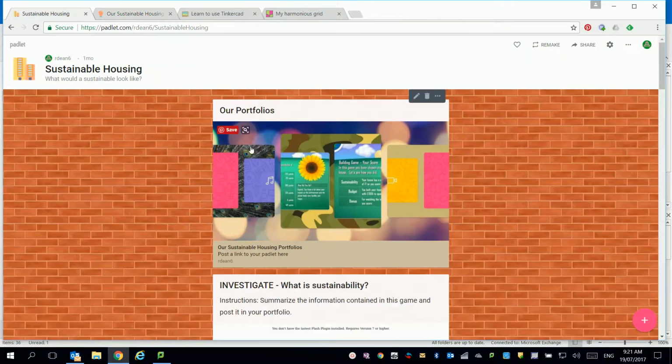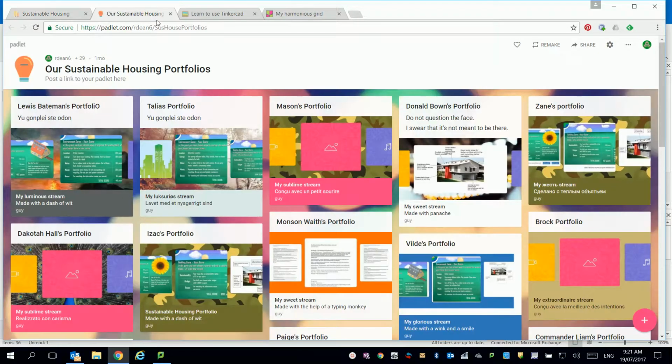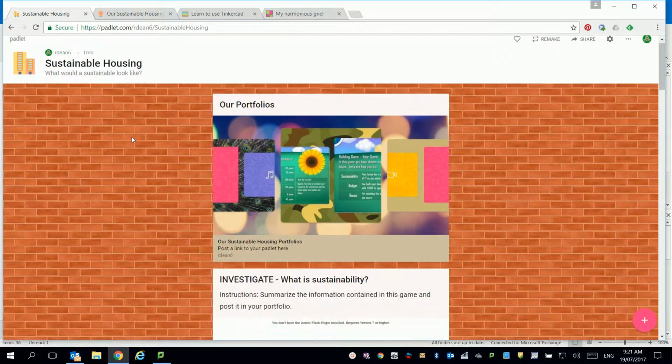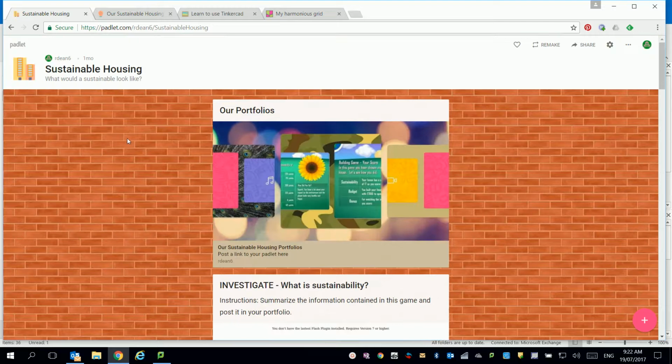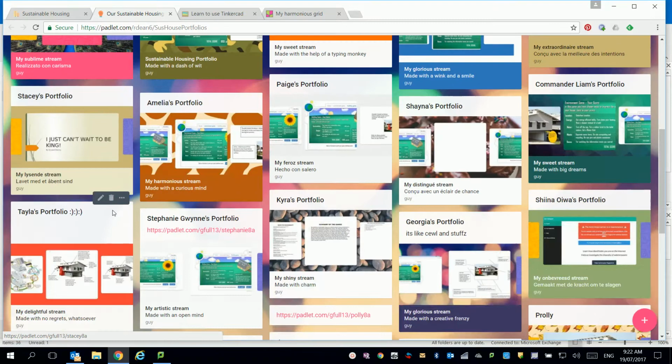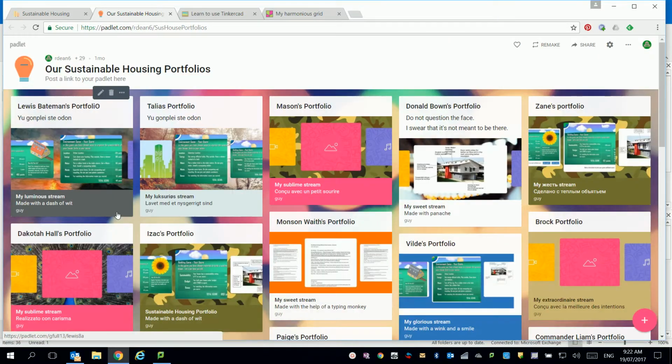So again, I've just basically done a new post and put in the link there, and it links to this. So the idea being that while students are on this Padlet all about sustainable housing, when they want to add to their portfolios, they can just click on here, that'll take them to that, and they can find their portfolio. Now they have added their portfolio